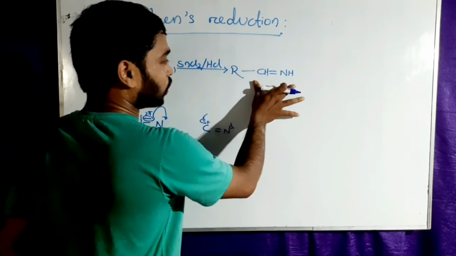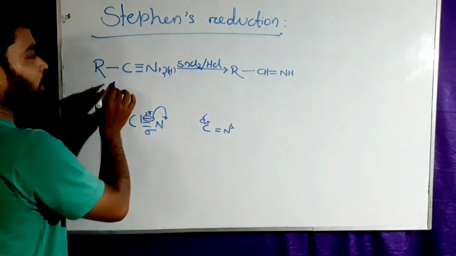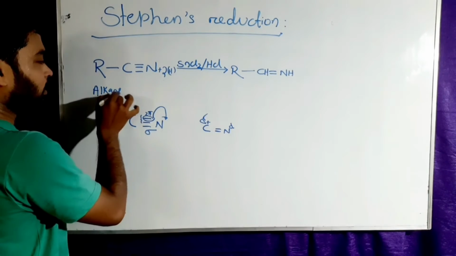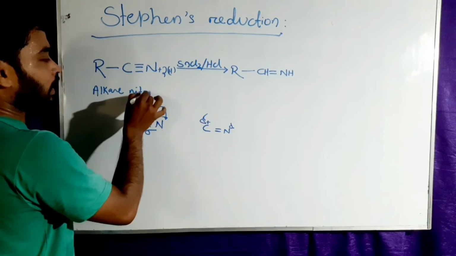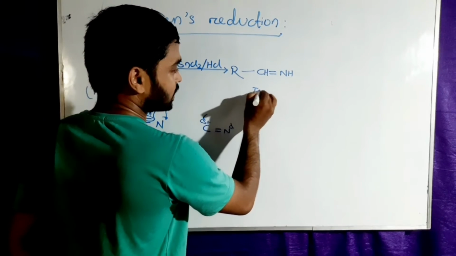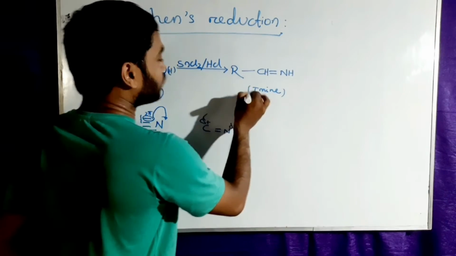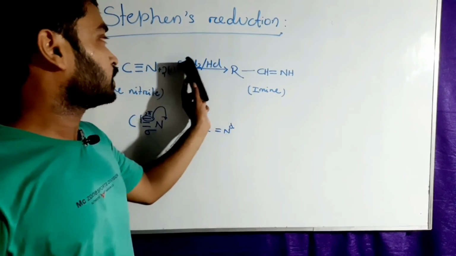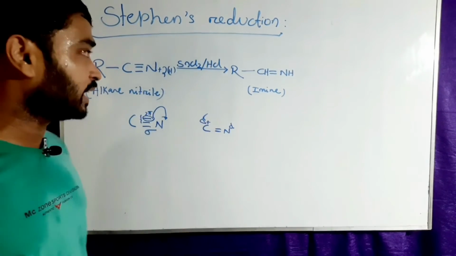The resulting compound will be like this, and the name of it is the cyanide or alkane nitrile. Alkane nitrile will produce imine. This is the imine part. Imine will be produced after the reduction of cyanide through stannous chloride and hydrochloric acid, and